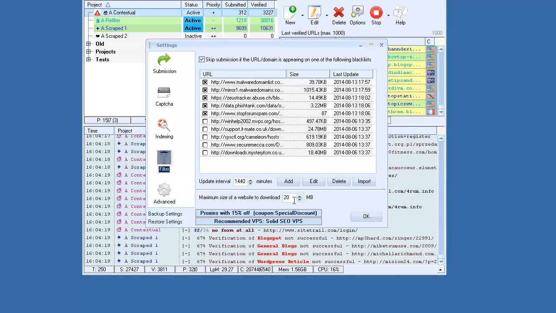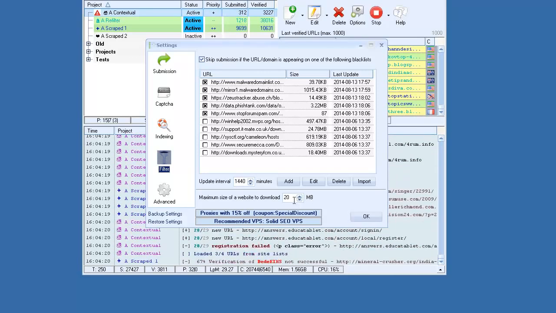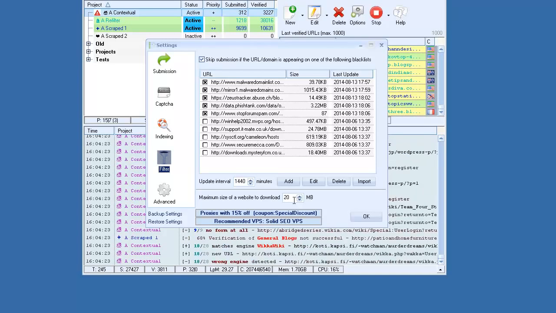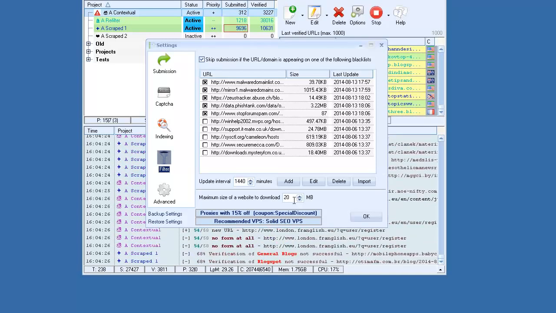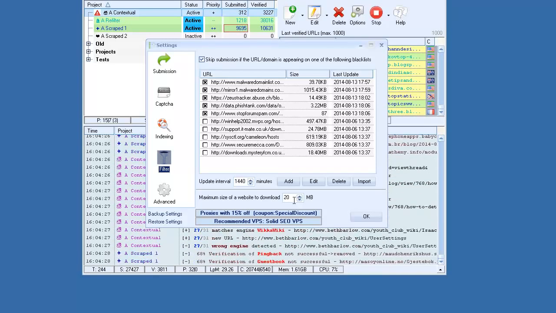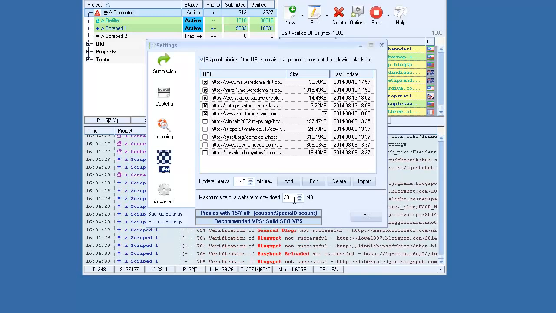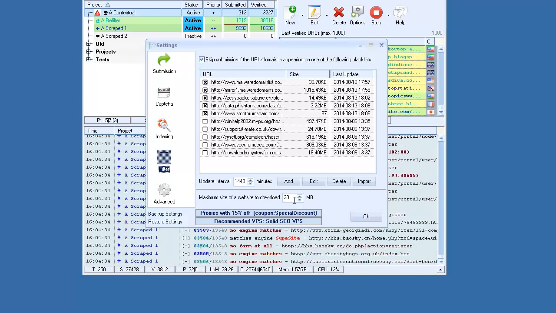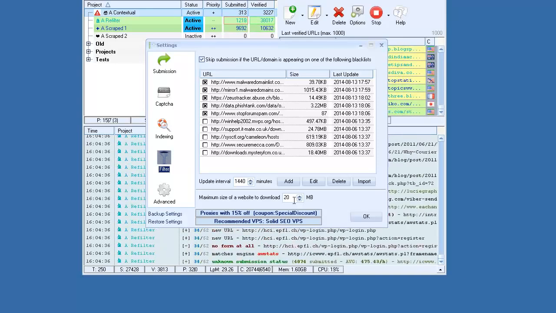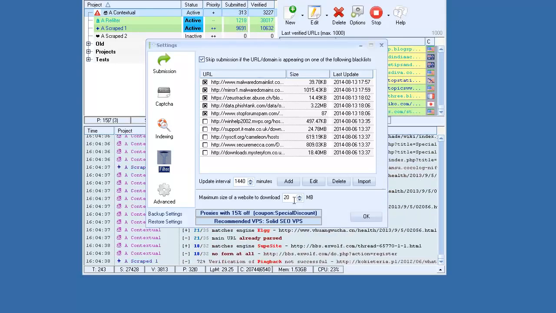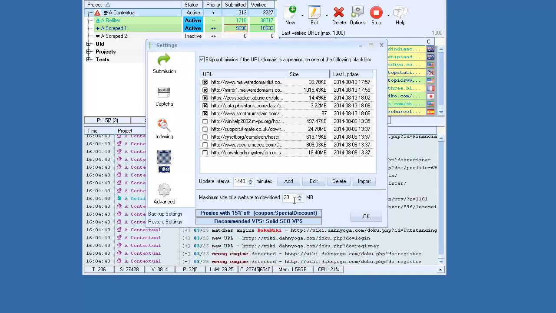And down here under maximum size of the website download, on this server I have it set to 20 megabytes. Again, you're pulled back to the type of links you're building. If you're building contextual links, you could probably go down to like 2, maybe 3 megabytes, because those pages are probably small. However, if you're trying to download a page of blog comments to use for tier 3 or higher,